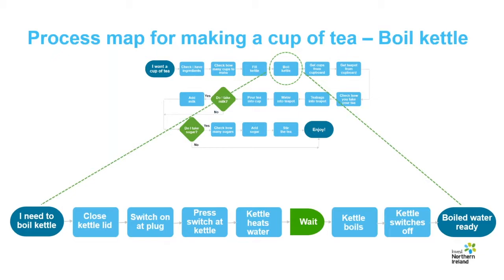We then monitor this process in detail and realise that the kettle heats up okay, but it's switching off before it's properly boiled. Using this more detailed process map of a short section of the process allows us to more precisely pinpoint the root cause of the problem, which appears to be a fault with the kettle thermostat.